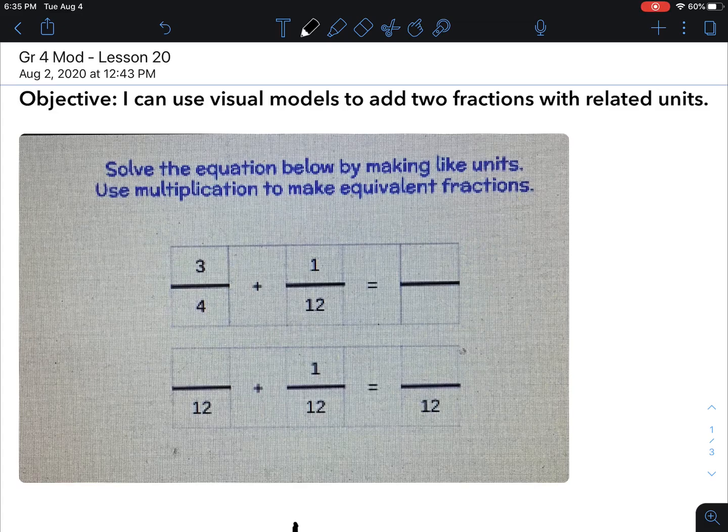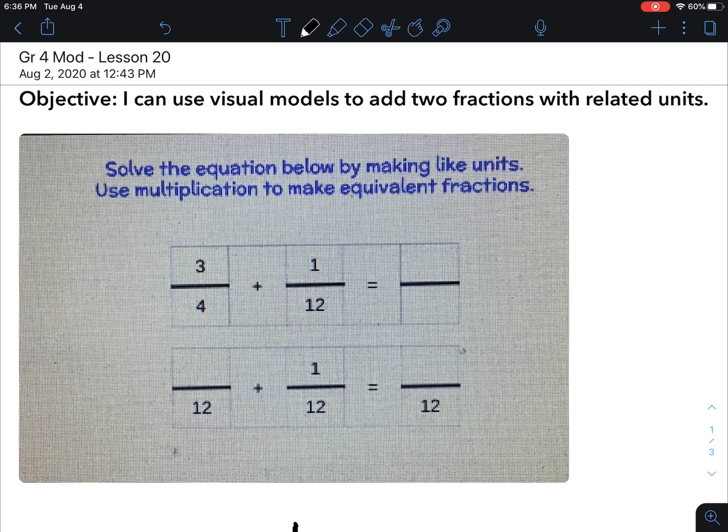The objective for this lesson is I can use visual models to add two fractions with related units. So in the past couple lessons, we were adding fractions that had like units, so they had the same denominator. This time we're going to be adding fractions with related units. In other words, the denominators are going to be different, so we have to